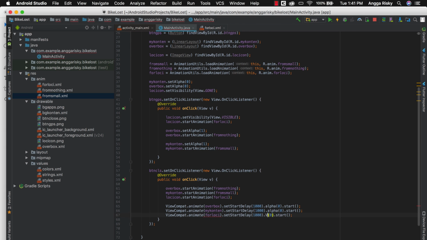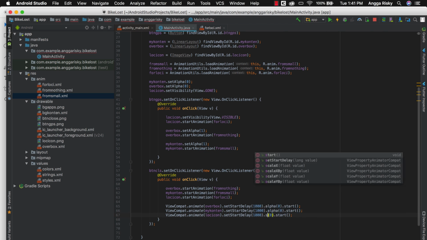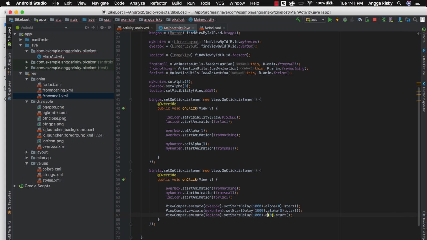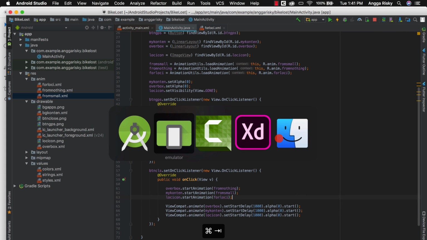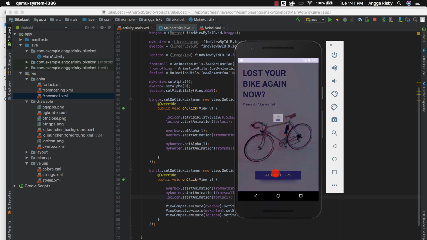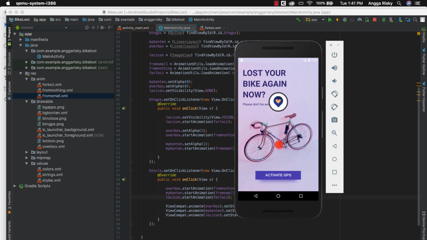Wait, oh, it doesn't work for, oh, this is actually for Logicon. Okay, oh, what about we use alpha? Yeah, so if we try here, oh, I understand, because the animation is still working.